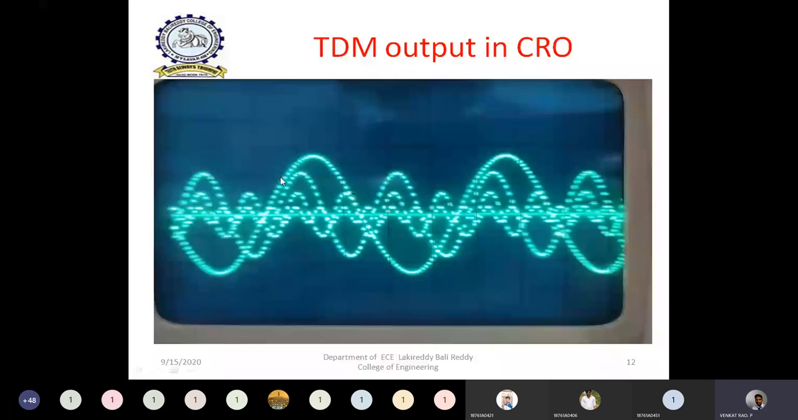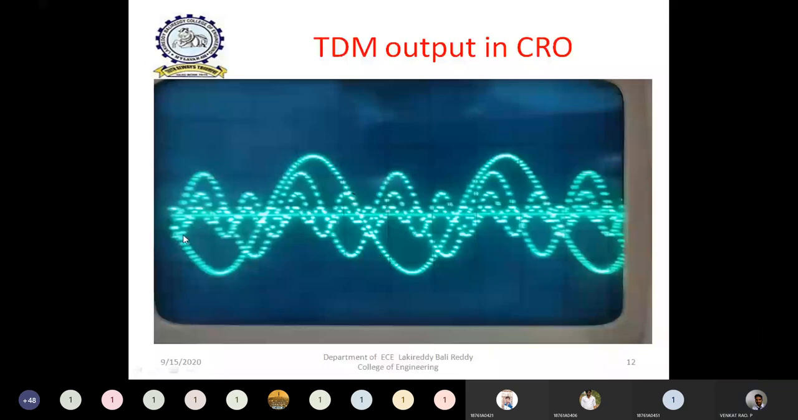So the dotted line indicates that all the waveforms are sampled. Only after sampling, all the four signals are mixed and multiplexed like this. One signal has a large amplitude, the second signal has somewhat less amplitude, the third signal has less amplitude, and then the fourth signal. Each signal has a different amplitude, and each signal also has a different frequency, so every signal has a different